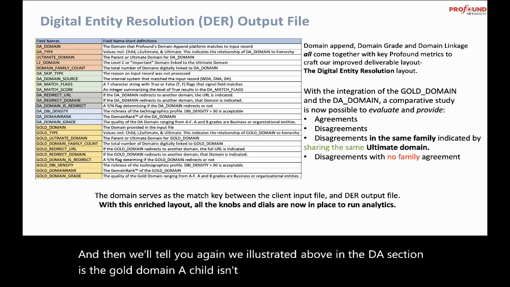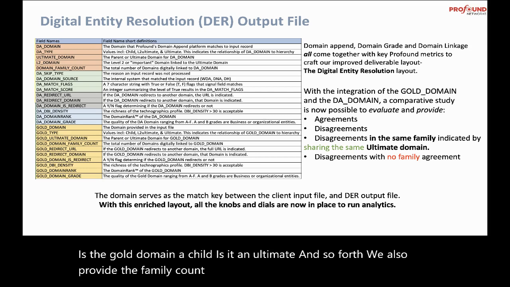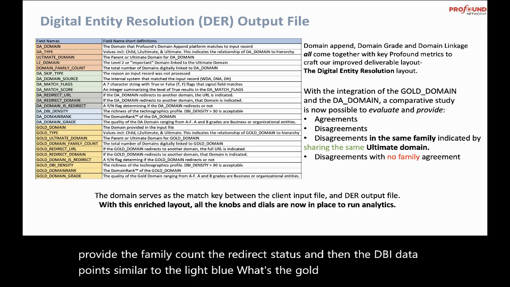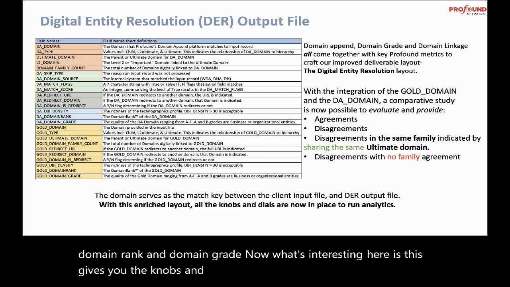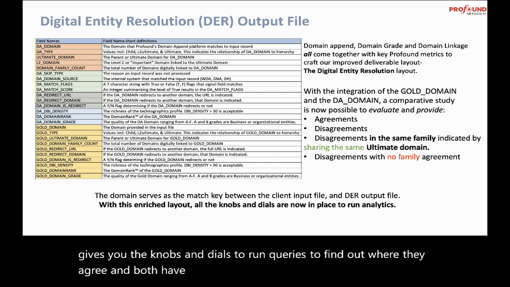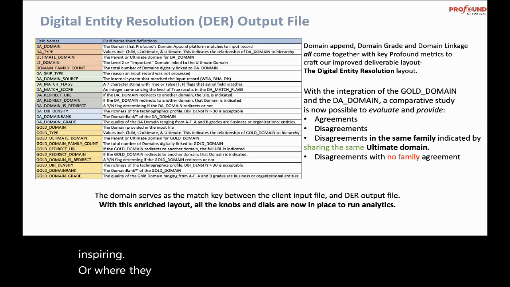Is it an ultimate? And so forth. We also provide the family count, the redirect status, and then the DBI data points similar to the light blue. What's the gold domain's density, domain rank, and domain grade? Now, what's interesting here is this gives you the knobs and dials to run queries to find out where they agree and both have A's and B's, which would be confidence inspiring, or where they disagree, the DA domain and